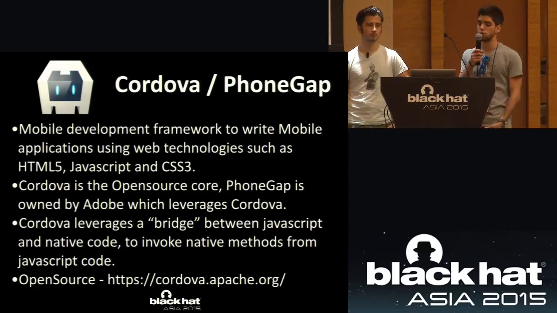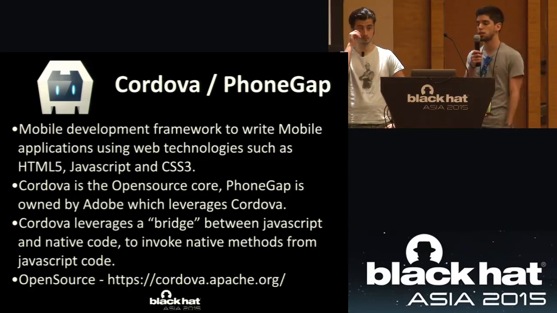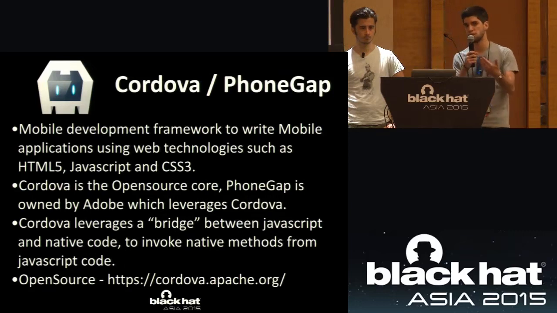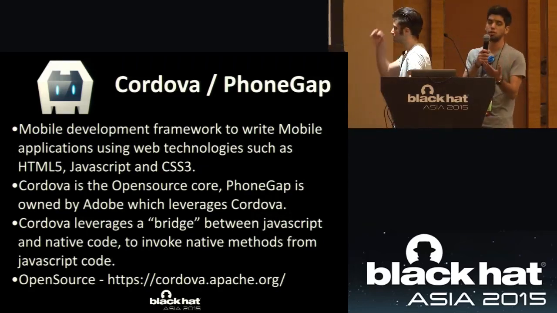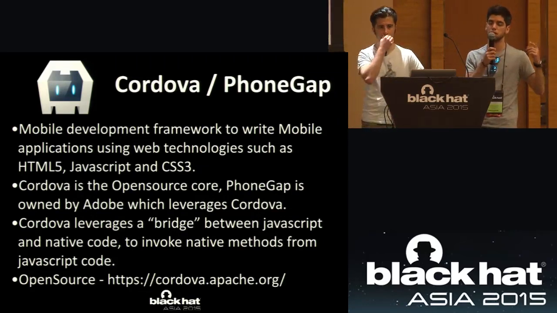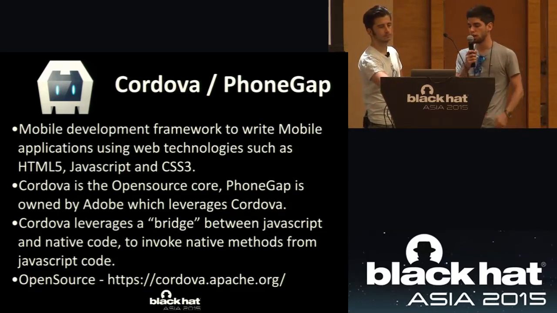And it is thanks to the use of script languages like HTML5, JavaScript, or CSS. As my colleague Marco said before, the main core of the framework is based in Java, and right after that, they built on top of the core framework the application's functionalities, which have been developed in JavaScript or CSS or whatever. So basically, Cordova is an open source framework, which means that we don't need to reverse engineer the framework. We can just clone the repository and start looking for vulnerabilities in the source code, which also,